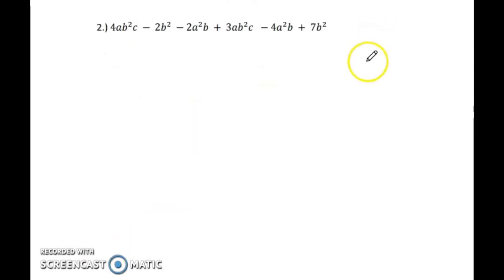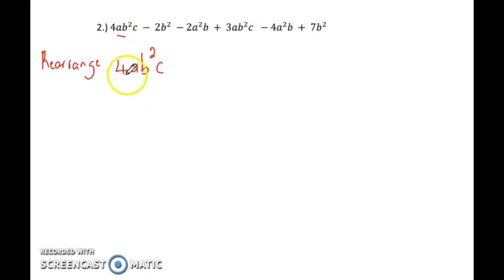So we're moving on to our second question. The next thing that we're going to do is check to see that our variables are the same, and we're going to identify the exact variables and rearrange, right? So that is what we're going to do for our first step. We are going to rearrange, all right? We can say rearrange, or we can say grouping. So I have my first term here, and this is 4ab